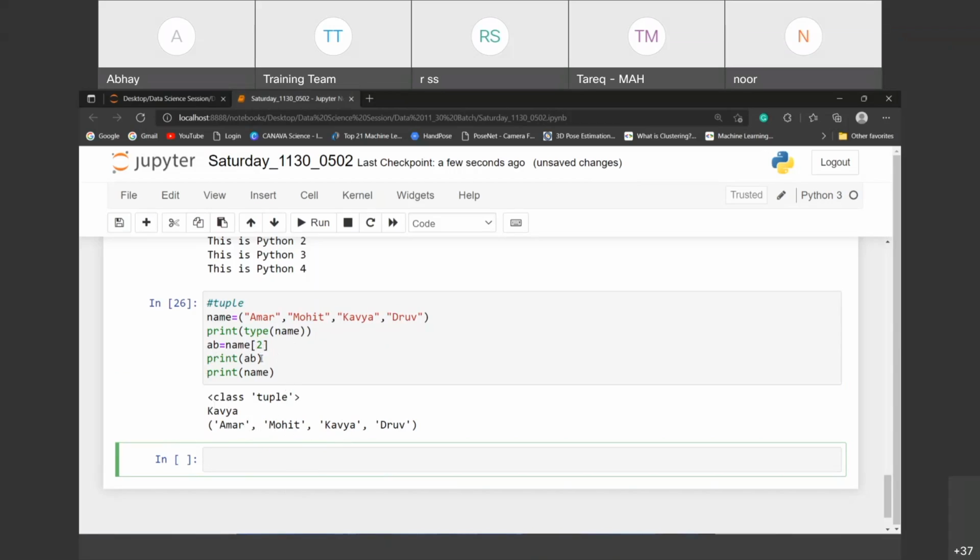So check out the type. For the accessing purpose, you can pass the range as well. 2 to, what is the meaning of this one? 2 to all. Is it correct? So the answer should be Kavya, Dhruv. Check out once again. You are passing here 2, that is, you are passing the ending point. So what should be there? Check out, Kavya and Dhruv, you can get, it is able to take, right?